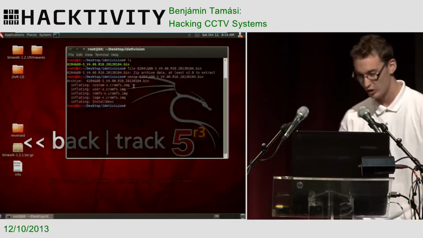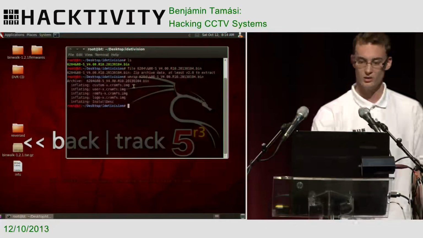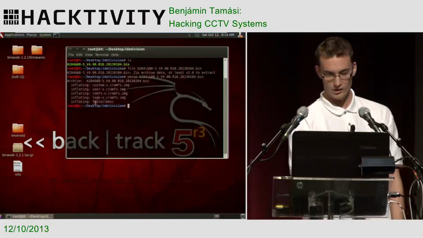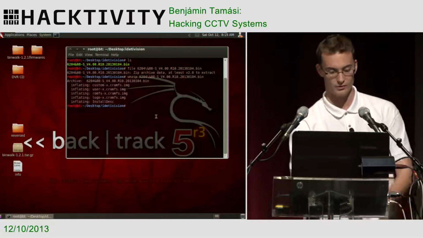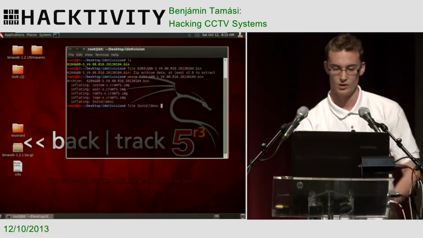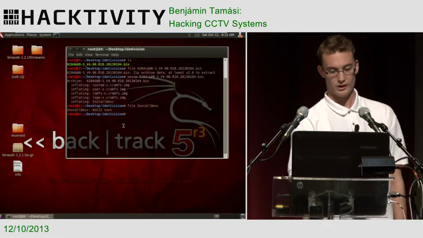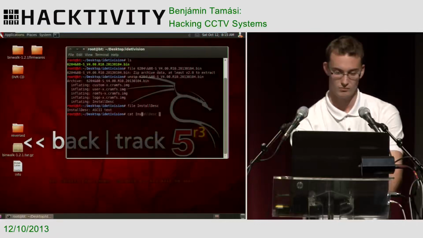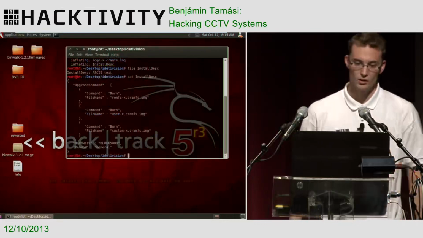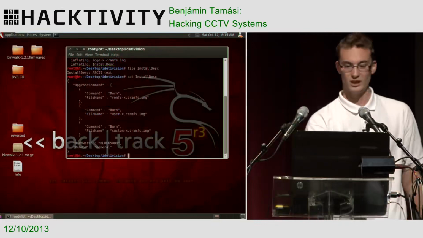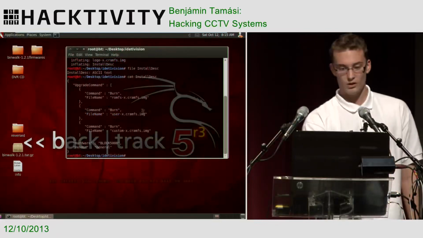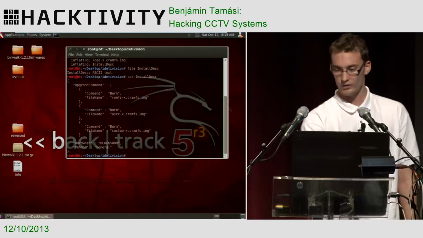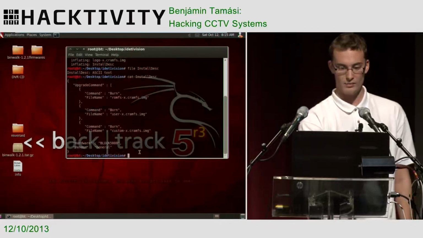We have a custom X cramfs.img and some other stuff. And here's a file which is called install-desk, which is just ASCII text. So let's print that out and see what it is. OK, so these are upgrade commands telling the DVR to burn this to the flash. So this is basically just commands for it. Nothing really